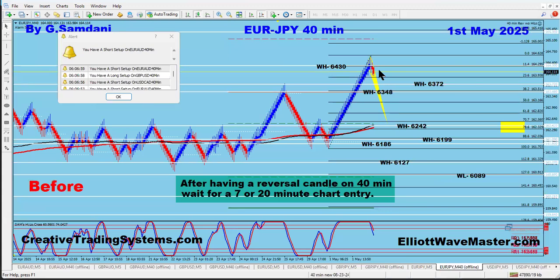I'm not going to touch anything before NFP. If you want to do it, do it, but I will not, even if I find a setup. So after NFP, I'll see if I can have some short GJ, EJ, UJ, AJ, CJ, whatever. All the yen pairs, I'm looking for short, right? So all these setups, the charts I made, I posted the chart of pound yen on the Telegram already, right? So this is what happened.